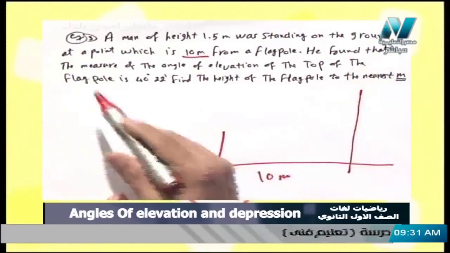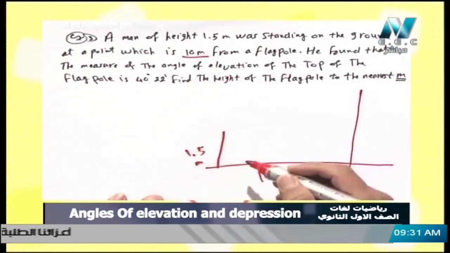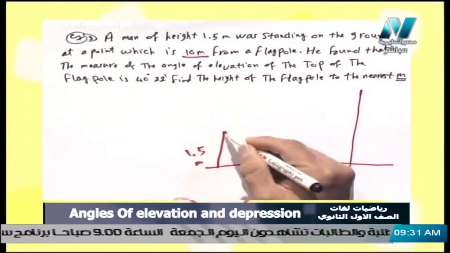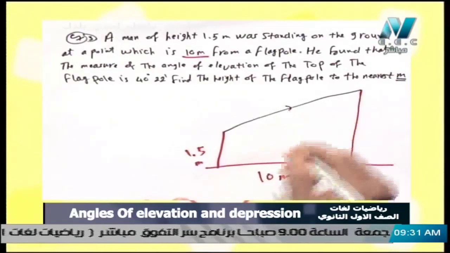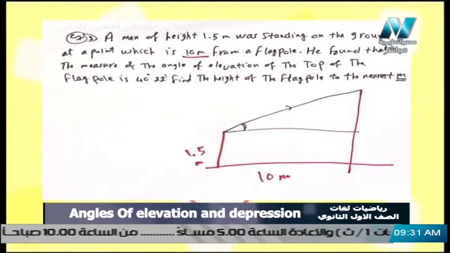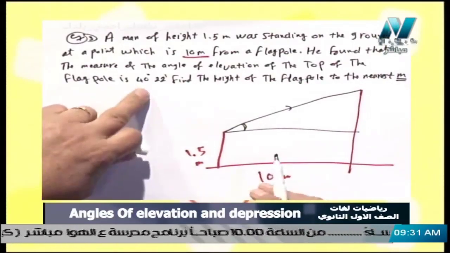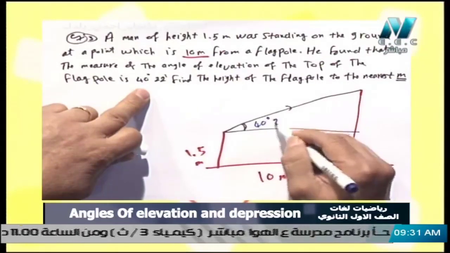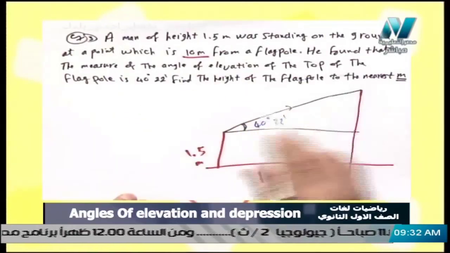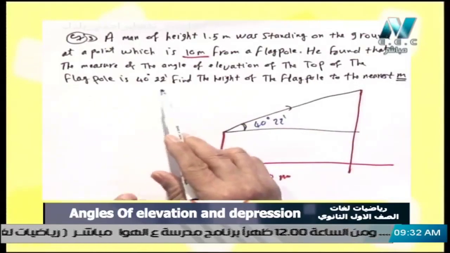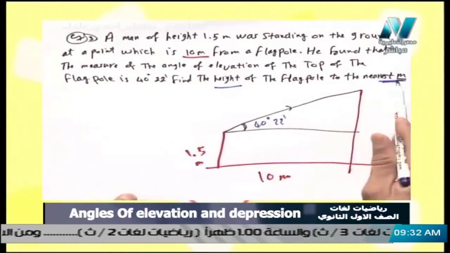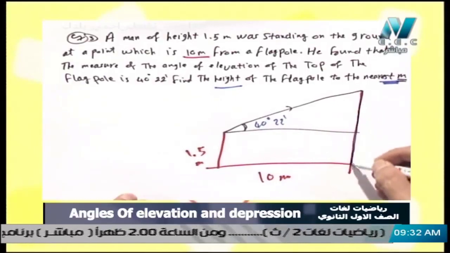He found that the measure of the angle of elevation. Okay, what is the angle of elevation here? Here he will put his eyes there, and the angle of elevation will be this angle. What is this angle? This angle is 40 degrees and 22 minutes. The angle of elevation of the top of the flagpole is 40, 22. Find the height of the flagpole to the nearest meter. So we would like to calculate this